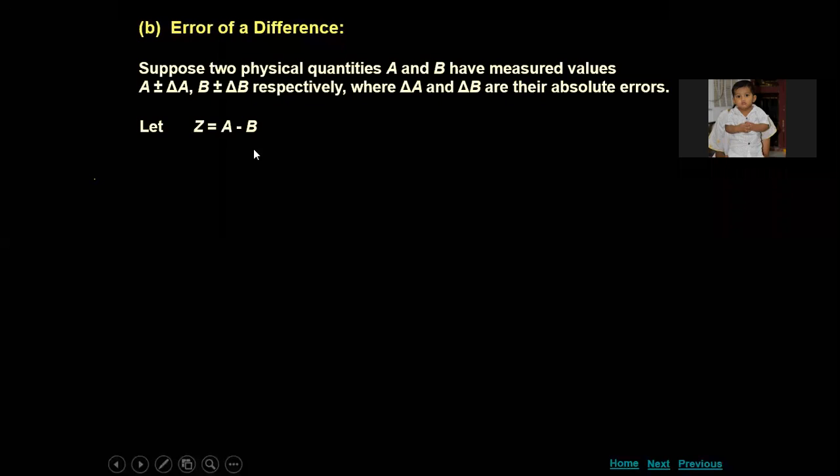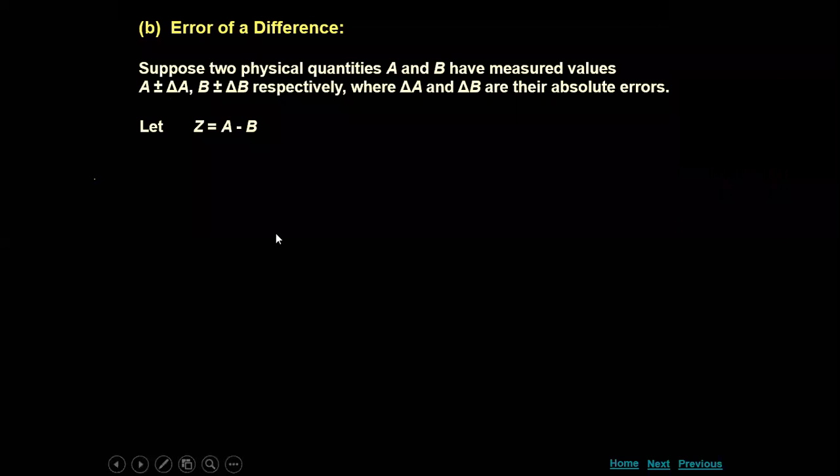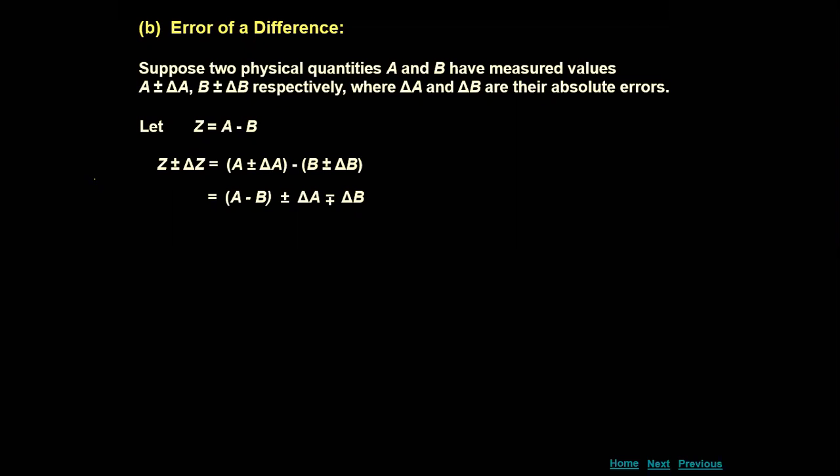So you'll see that Z is equal to, in terms of true values, A minus B. But here measured values are there, completely in terms of their error. Those also should be considered. So Z plus or minus delta Z is equal to what we write? A plus or minus delta A minus B plus or minus delta B. So I am taking A minus B plus or minus delta A minus or plus delta B. Here you need to understand what happens. For both the terms, plus or minus is there. This A is clear, and here when we multiply minus, this B becomes a minus.